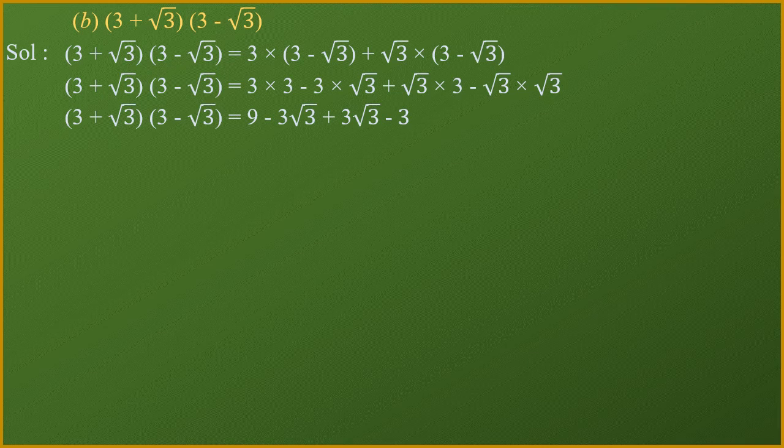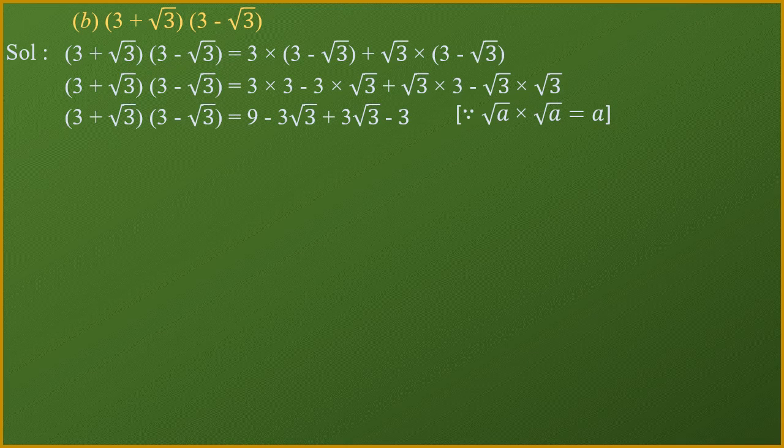And the last term root of 3 into root of 3, remember there is one formula, root of a into root of a is always equal to a. How is it possible? Suppose root of 3 and root of 3 you are multiplying as we have multiplied last time, root of 3 into root of 2. Okay, so it came root of 6. So here what will come? Root of 9. And what is the value of square root of 9? That will be 3. So here remember the formula, root of a multiplied with root of a always becomes a